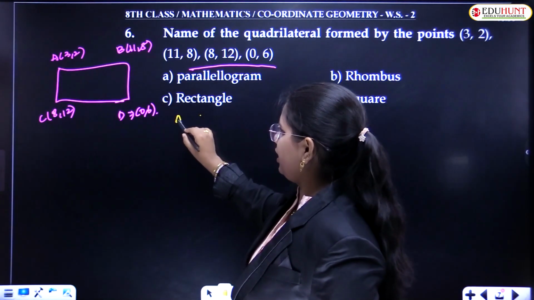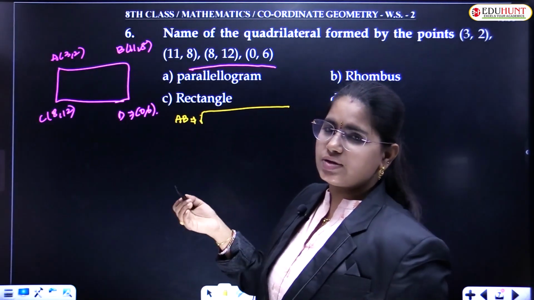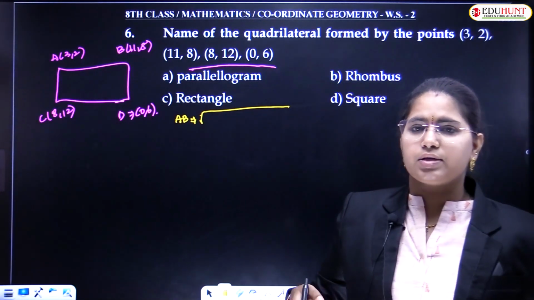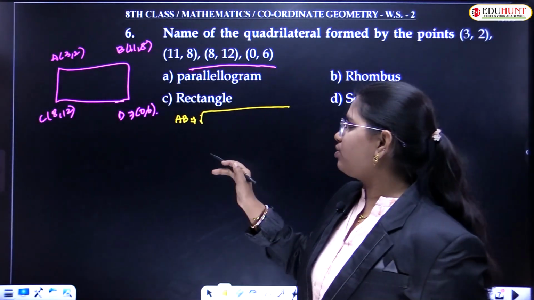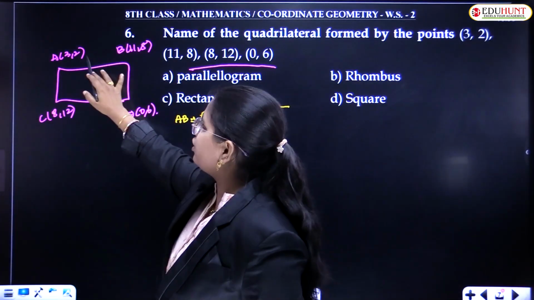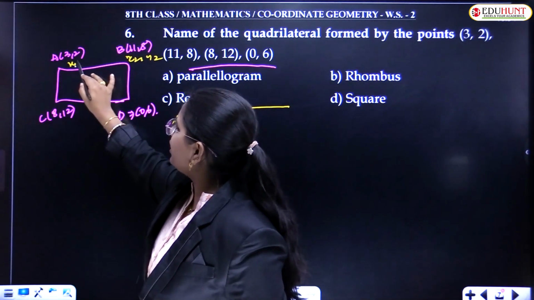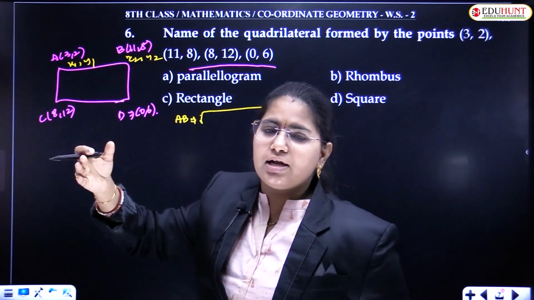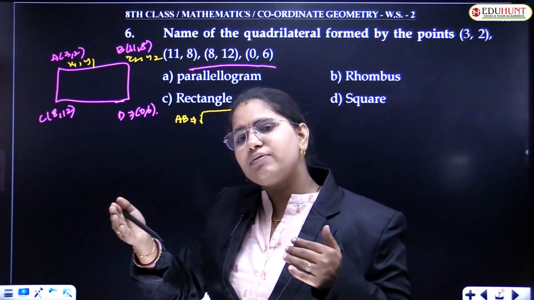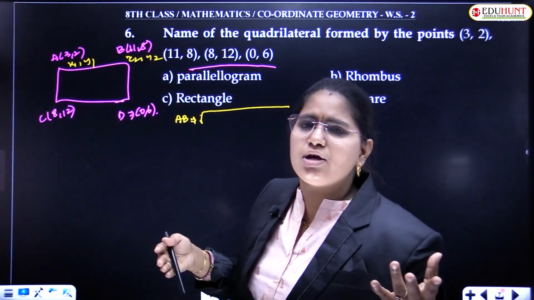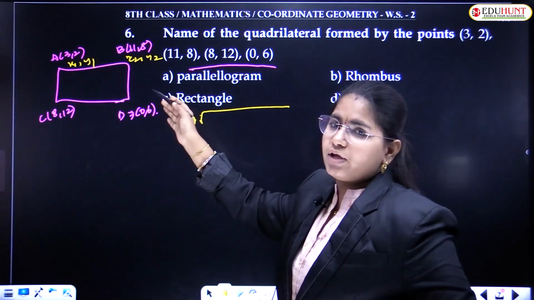So what is the first one? AB. What is the distance between 2 points? Root of x2 minus x1 whole square plus y2 minus y1 whole square. Correct, a simple formula. When you are calculating the distance between A and B, A becomes x1 y1 and B becomes x2 y2. Simple. For BC, B is x1 y1 and C is x2 y2. Whichever two points you take, label them that way. Simple logic, okay?